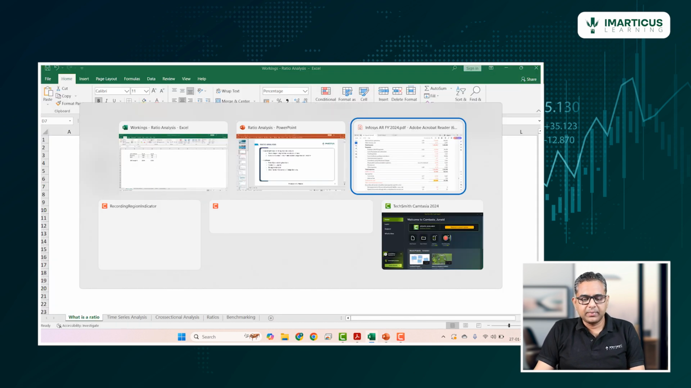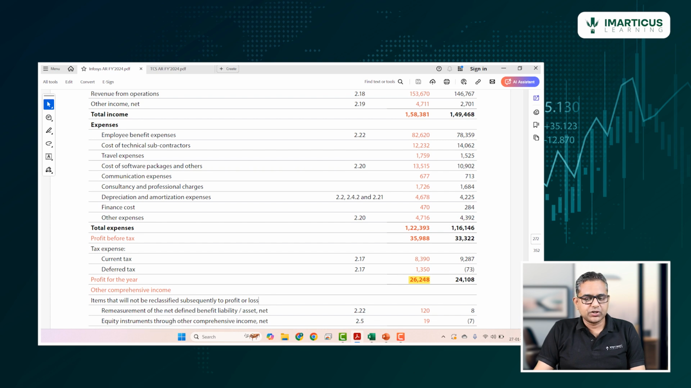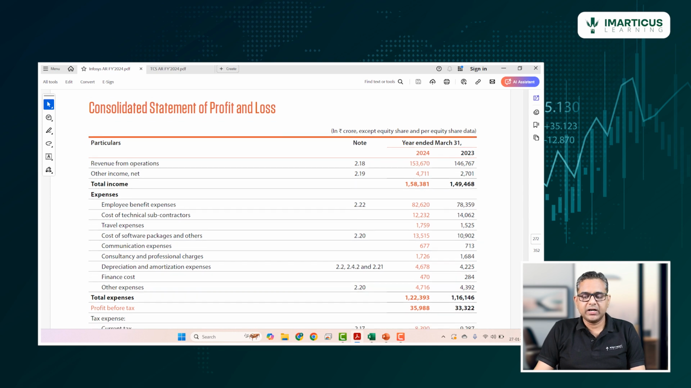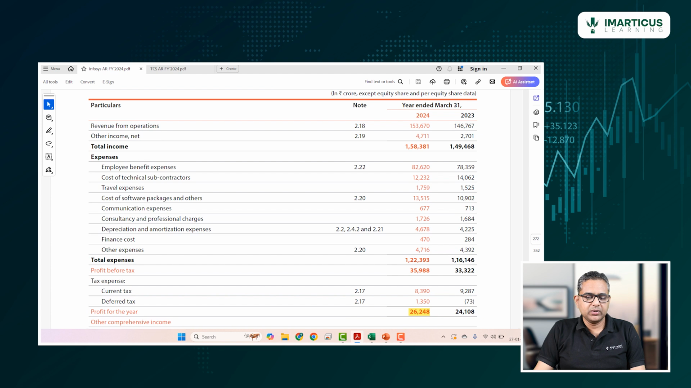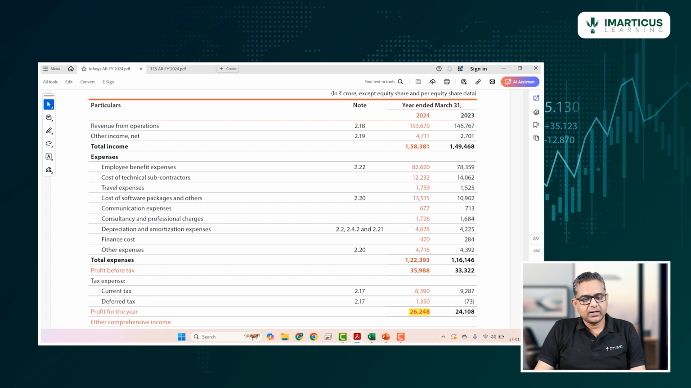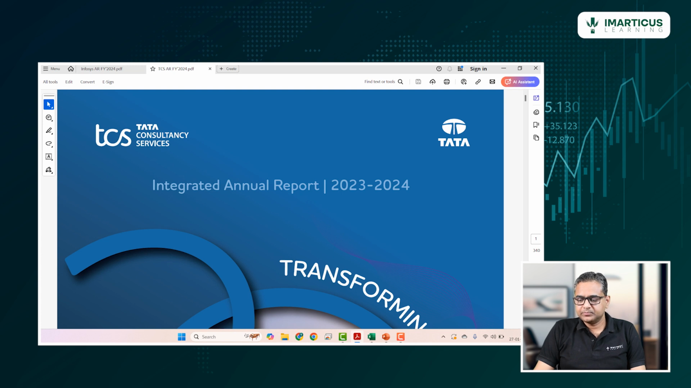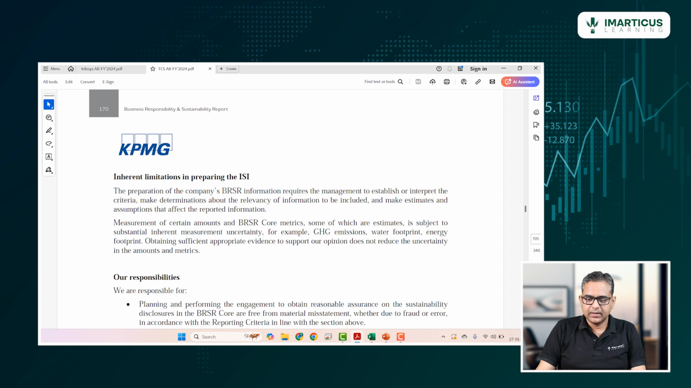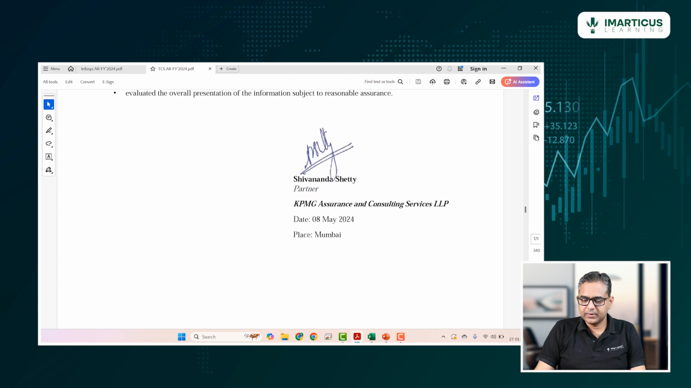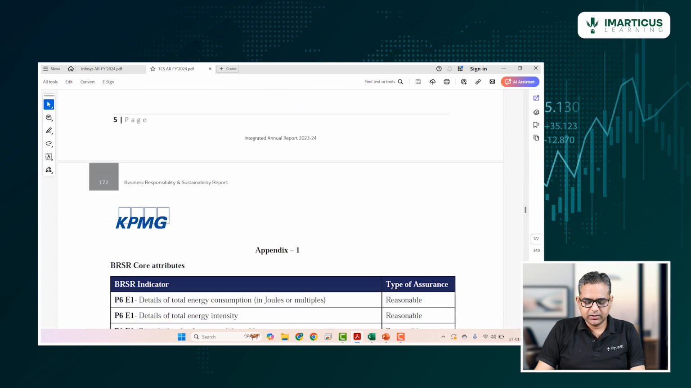Again, coming back to the example, let's say I look at the numbers of Infosys. I'm back to this annual report where we are seeing the consolidated financial data of Infosys in the year 2024. They have generated a profit of 26,248 crore. Now, if I look at one more similar company, let's say I look at TCS, and I look at the consolidated financial data of